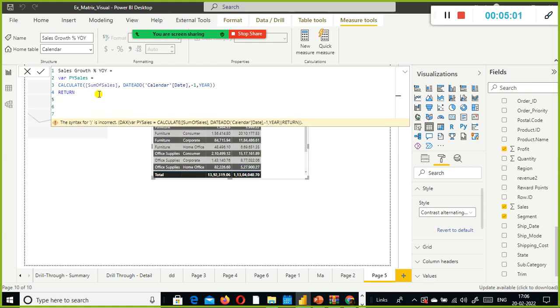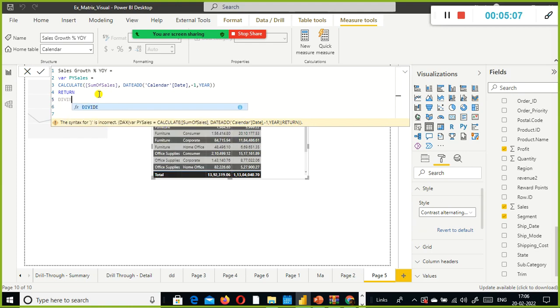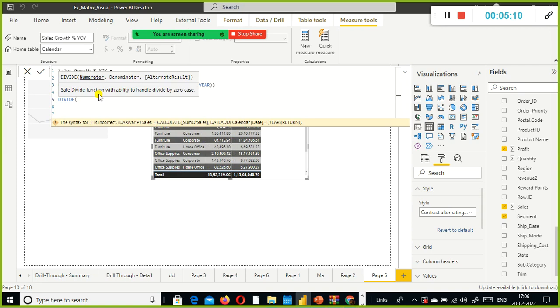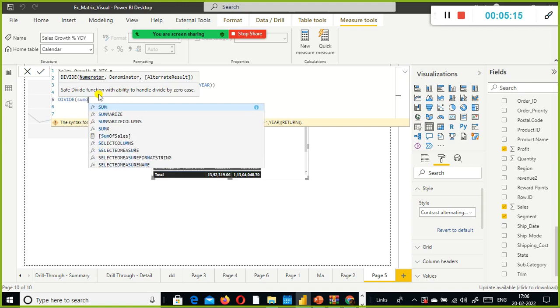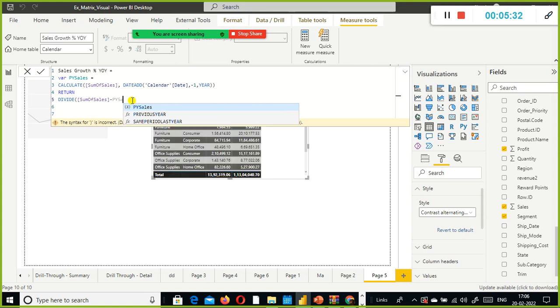I'm going to use a function called divide. Divide takes three arguments: numerator, denominator, alternate result. So my numerator is, in this case, sum of sales minus this one, previous year sales, comma PY sales.